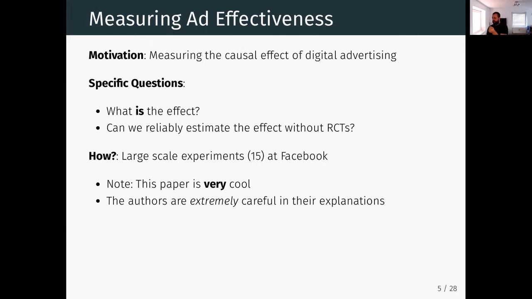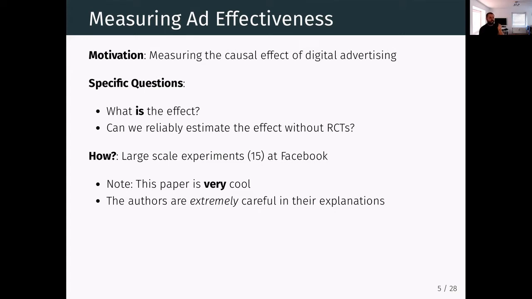If they couldn't do this with an experiment and they had to rely on observational data, could they have reliably estimated the causal effect of digital ads? There are different approaches to thinking about how you might go about it if you didn't have an RCT. In the paper, they delve into those in great detail. They think about the RCT, the diff-in-diff kind of idea, as the gold standard. If I didn't have access to that and I had to do something else, how close to that gold standard estimate am I going to be?